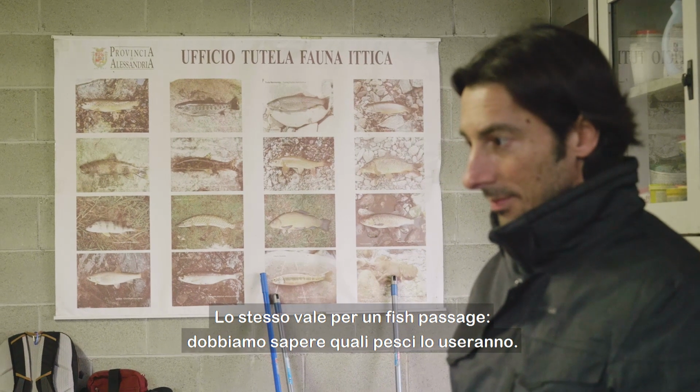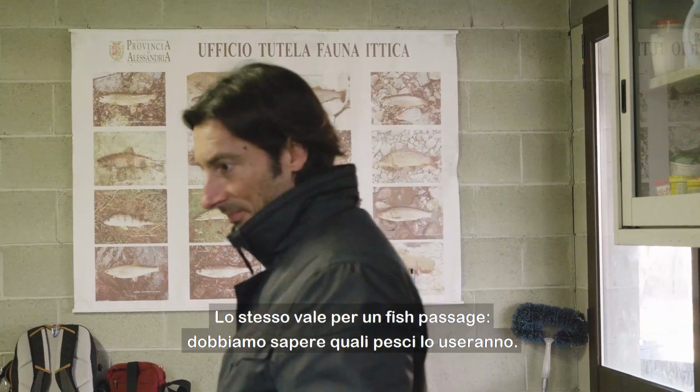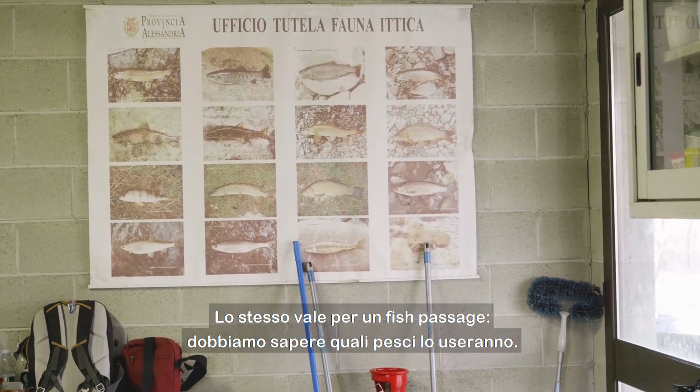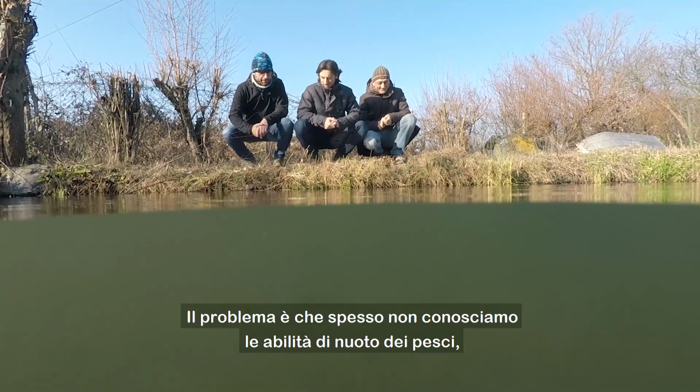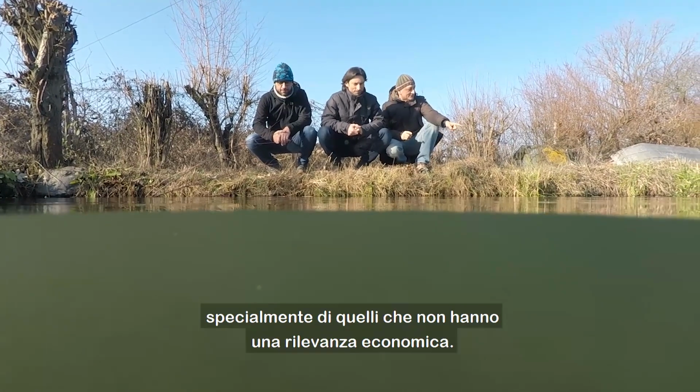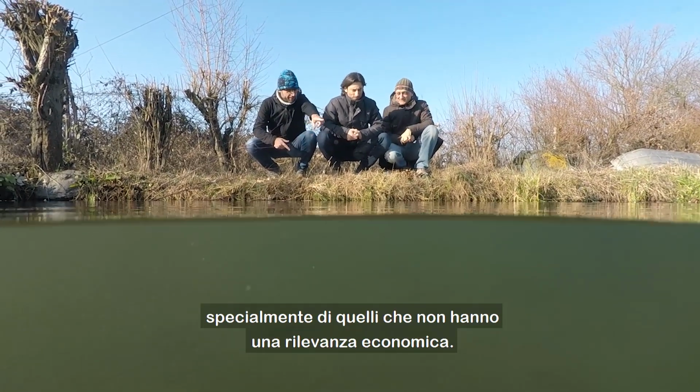When designing a ladder for humans, the height and length of the steps must be proportionate to the size of human beings. Similarly, to design a fish passage, we need to know which fish species will be using it. The problem is that we often don't know the swimming abilities of fish, especially those that are of no economic